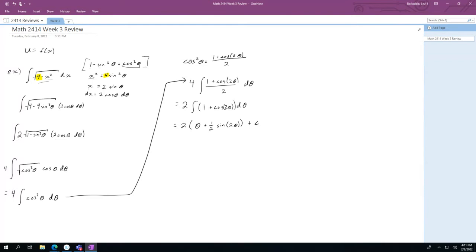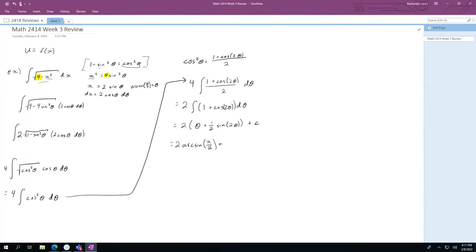Since I know that x is 2 sine theta, I know that arc sine of x over 2 should be equal to theta. And to get that, I just divided both sides of this equation here by 2, and then took the inverse sine. So now I can plug that in for theta. I'm also distributing my 2 as we go along. So 2 theta is 2 times arc sine of x over 2 plus,